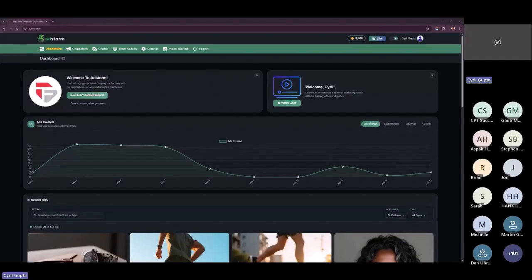The only problem is creating high quality ads that convert is hard. This requires a copywriter, a designer, and somebody who knows all about the advertising platforms. Well, that changes today with Adstorm, the AI-powered platform that creates ads for you for every single platform out there, including Facebook, Google, X, and of course, everybody else. So let's get in and check how Adstorm works.